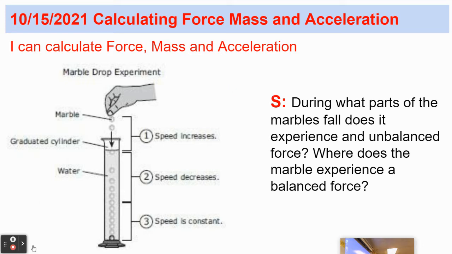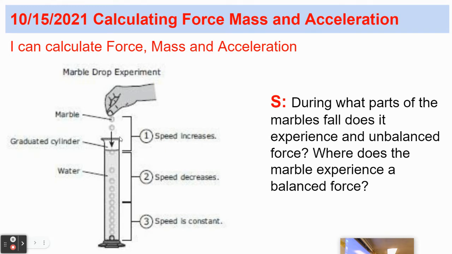Okay, for your starter, you want to look at this image. It's called the marble drop experiment. It's asking you, during what part of the marble's fall does it experience an unbalanced force? Unbalanced forces cause a change of motion. So remember, to change the motion of an object, you can increase its speed by making it go faster, decrease its speed by slowing it down, or change the object's direction, and it would be an unbalanced